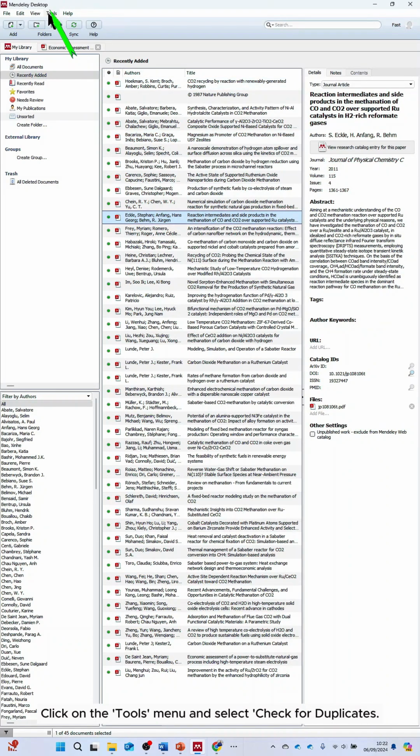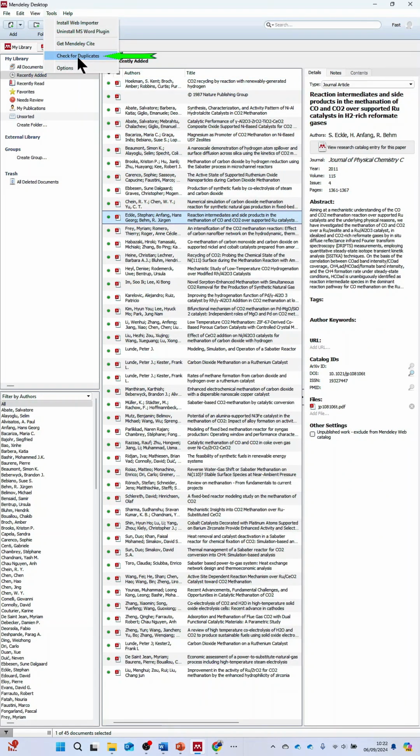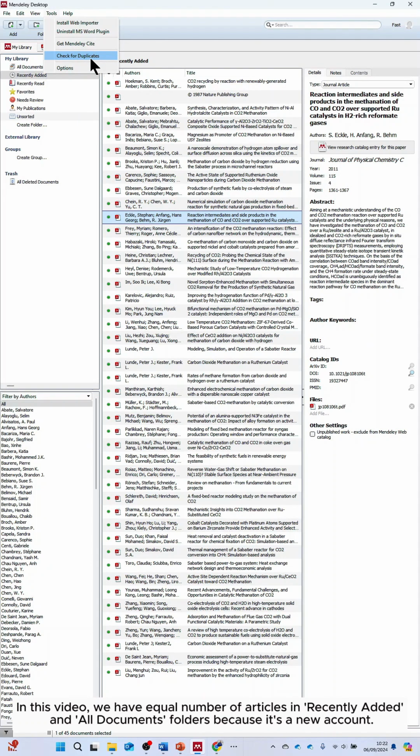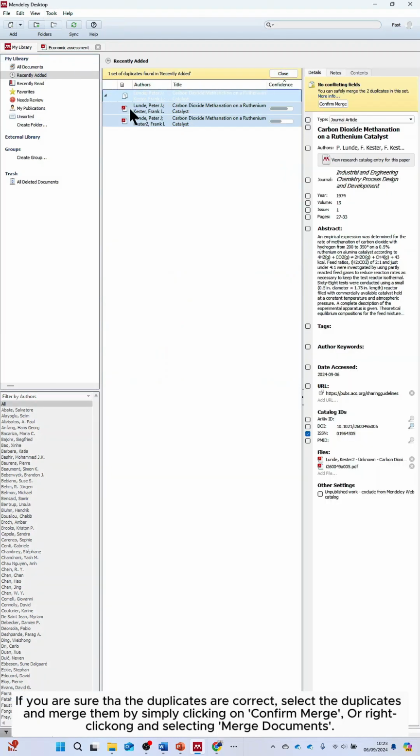Click on the Tools menu and select Check for Duplicates. In this video, we have equal number of articles in Recently Added and All Documents folders because it's a new account. If you are sure that the duplicates are correct, select the duplicates and merge them by simply clicking on